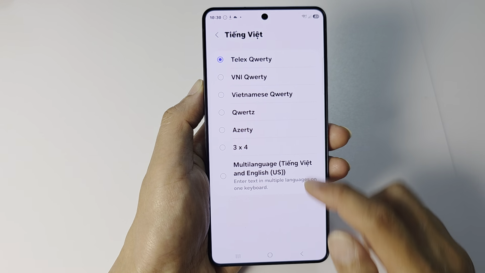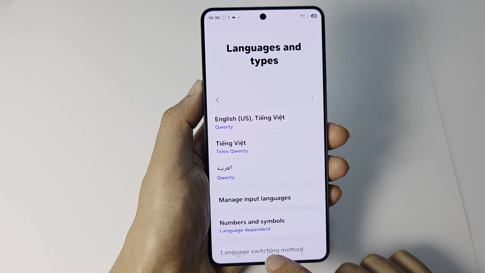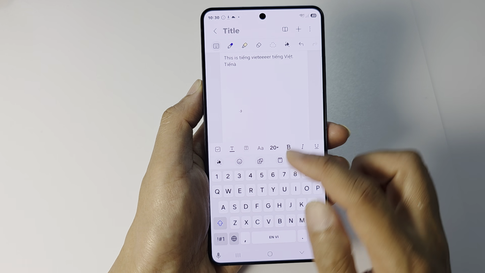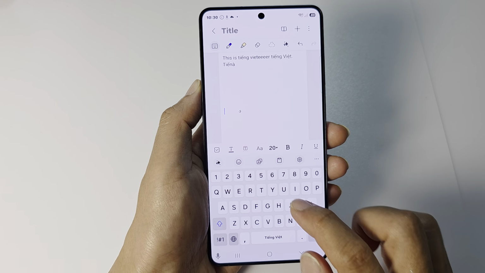So in here, just simply select a style that you want to use and then tap on the back key. Or tap on the home button to go back to the home screen. And now when you open up your keyboard, we can change the language and then type in using your input